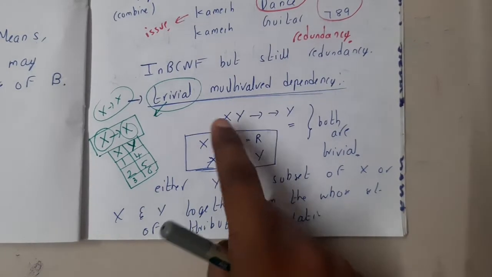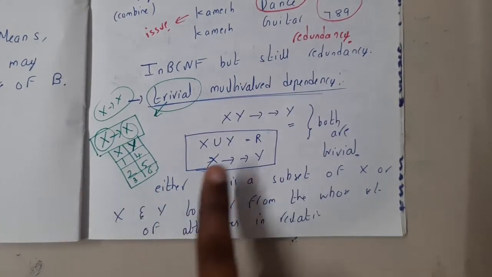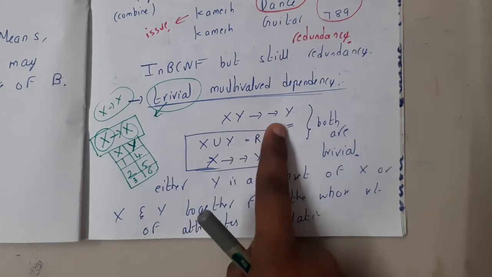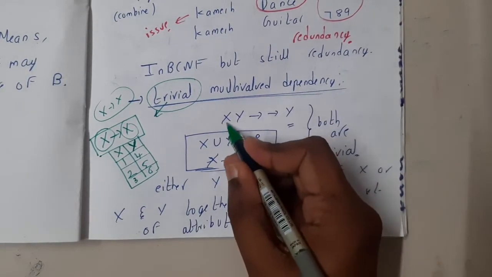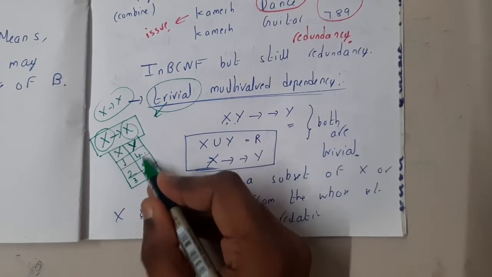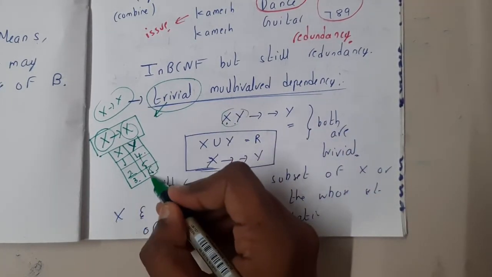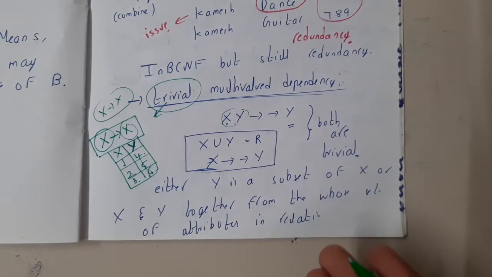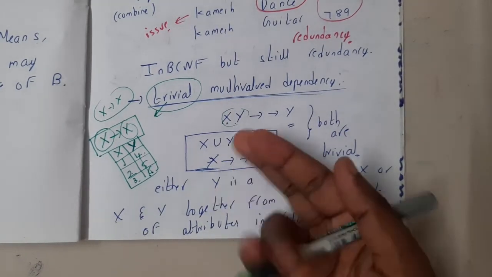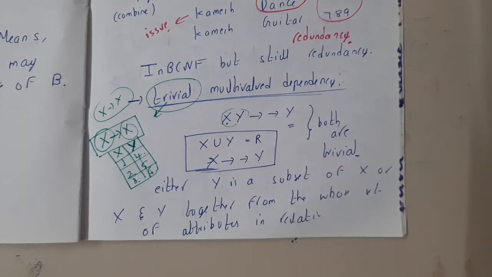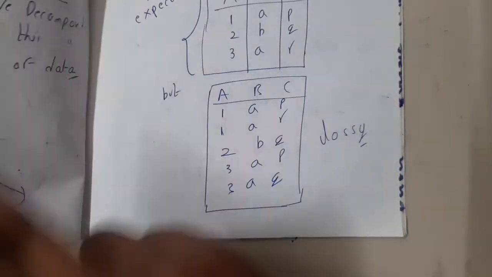In the same way, even in multi-valued dependencies this could exist, guys. So X, Y double implies Y. Here I gave the X and Y values: 1, 4, 2, 5, 3, 6. Now from this X, Y, you break out the Y value and give me the Y value. Is that useful, guys? No, right? These types of things are unwanted, or trivial multi-valued dependency. Got it? Now let us first go through the definition of 4NF.